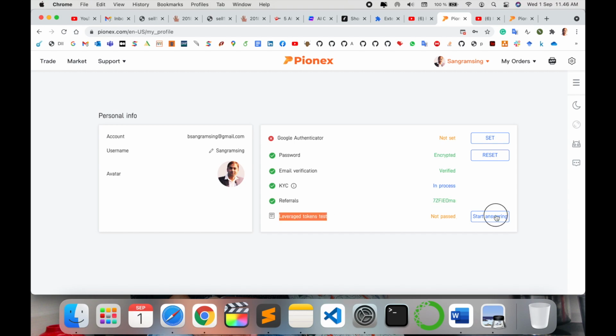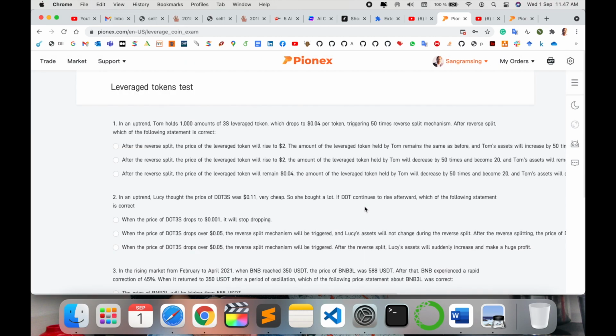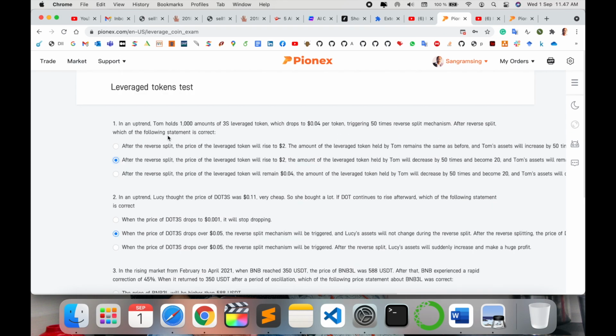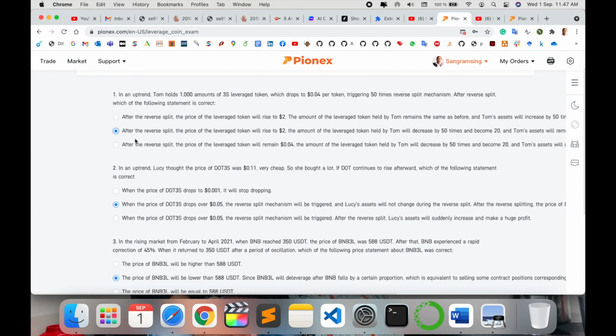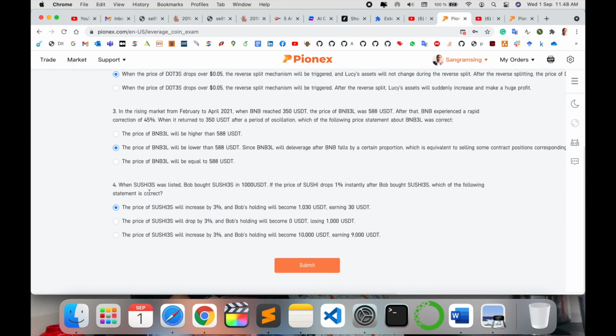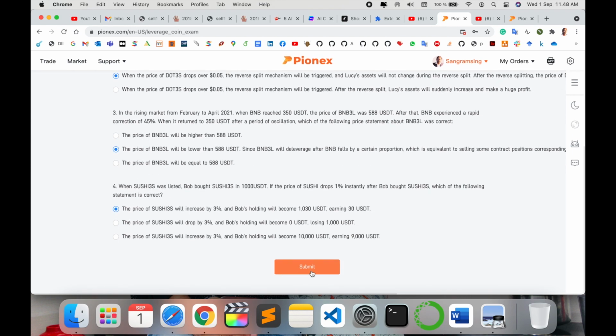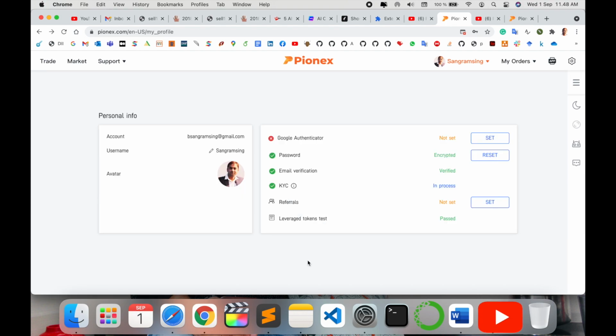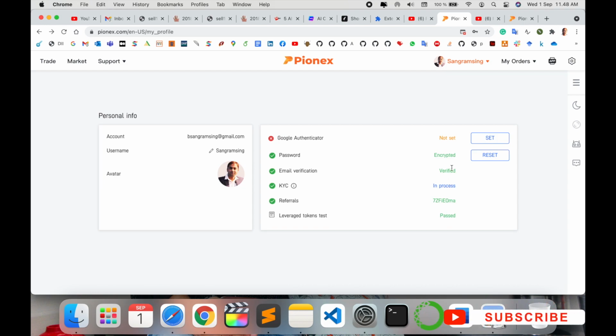Here a token test is available, which is about understanding your investing money perspective. From that point of view, they are providing some question answering here. The token test is available. You just read very carefully and submit the option. Otherwise you can follow my instruction: first question, select the first option and then submit. Otherwise you read carefully and then submit it. I pass through to the next process. Just submit this one. So everything is completed here.